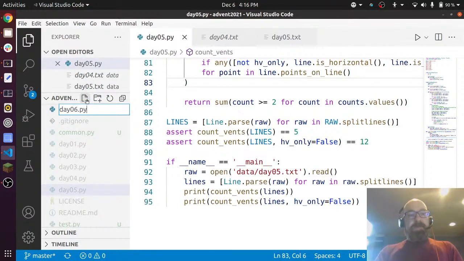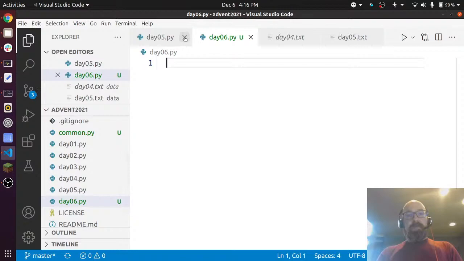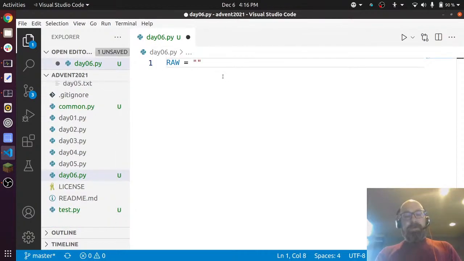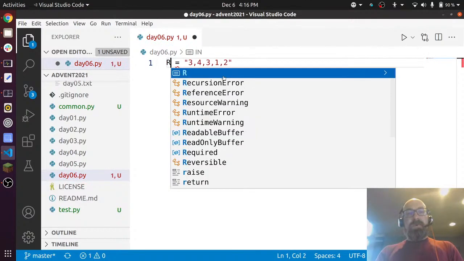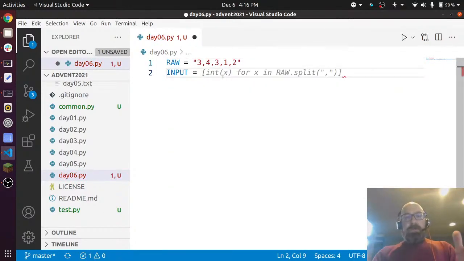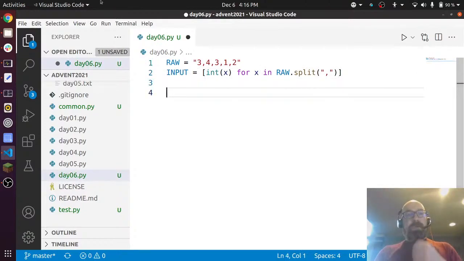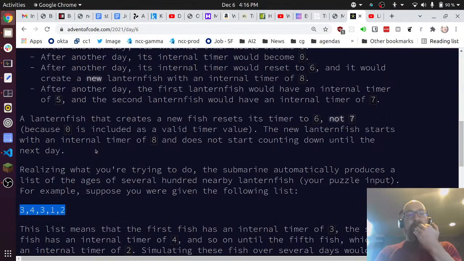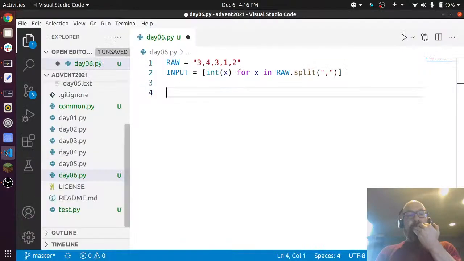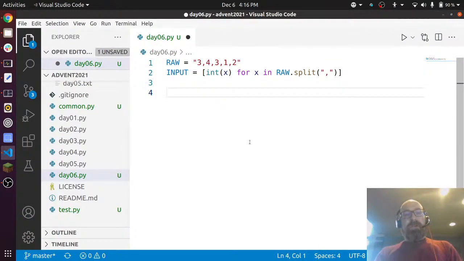Day 06.py. Okay. This is probably overkill to do it like this. In fact, it's definitely overkill. Well, I'll do it. Input equals. Okay, good. That's good. And now let me make sure after 80 days. Okay, so what I want to do is I want to say I'll